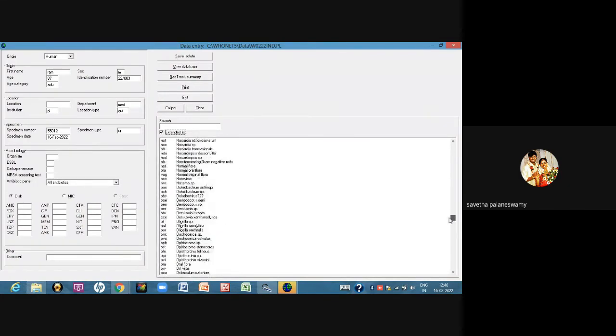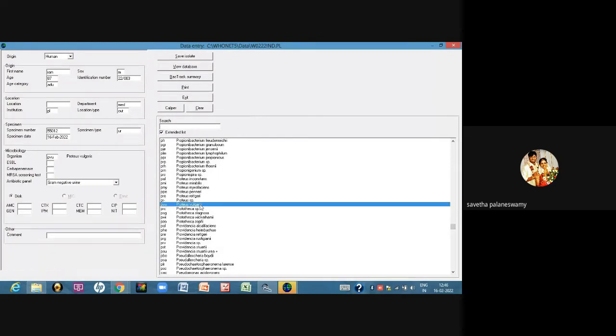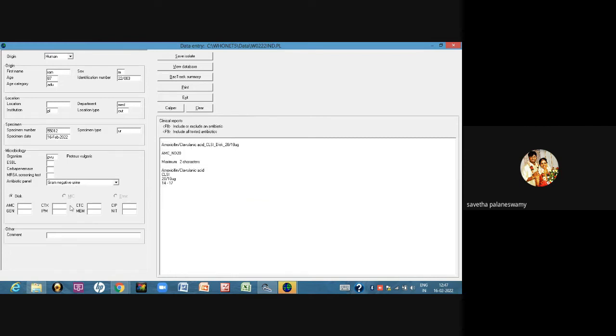Once you go there, you can find the organism Proteus vulgaris. So PVU. Alternatively, what you can do is you can just enter PVU, and it will suggest you this name Proteus vulgaris. Okay. So now what you can do, you can type the